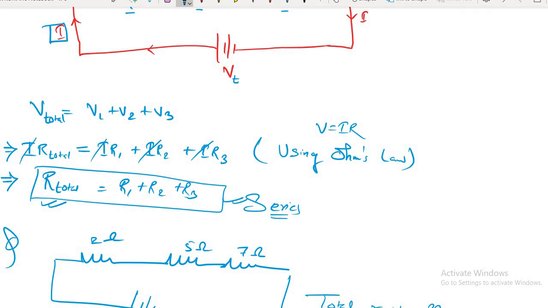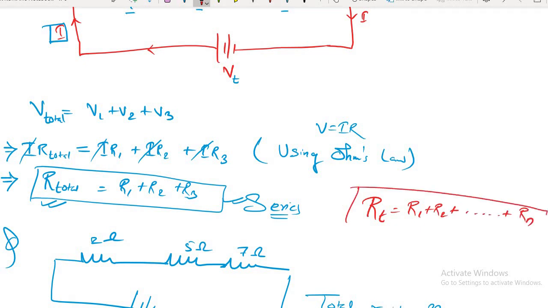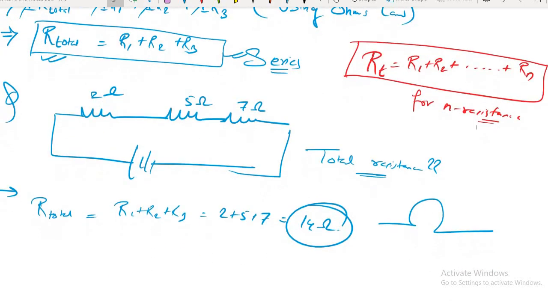So in general, if I give you the formula, it will be how much? Sir, R total is equal to R1 plus R2 plus dot dot plus Rn. This is the formula for n number of resistances: R total is equal to R1 plus R2 plus R3 plus R4 up to Rn. Have you understood? After that, we solved one simple numerical, and I think your doubts are clear for today. Any problem anybody is facing? No, sir. Okay, then thank you for today. We will stop here.